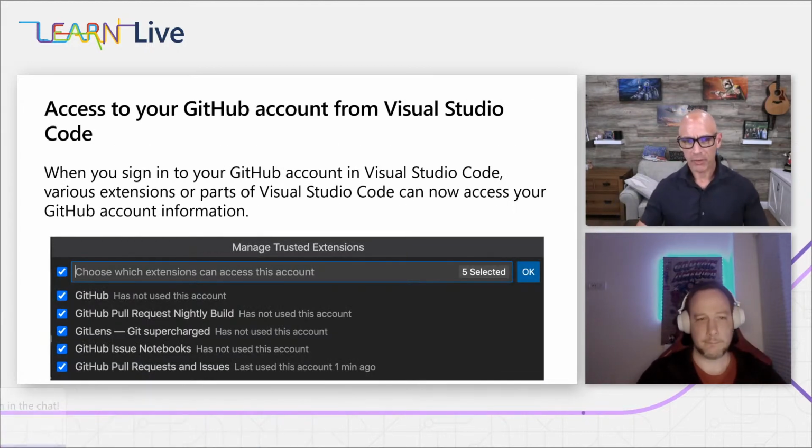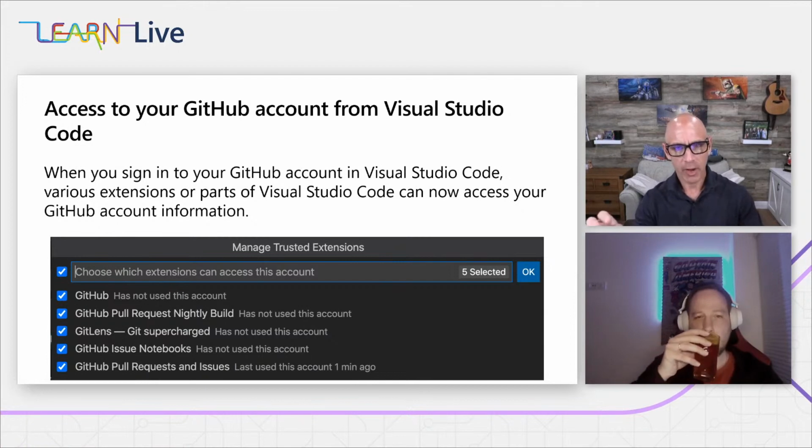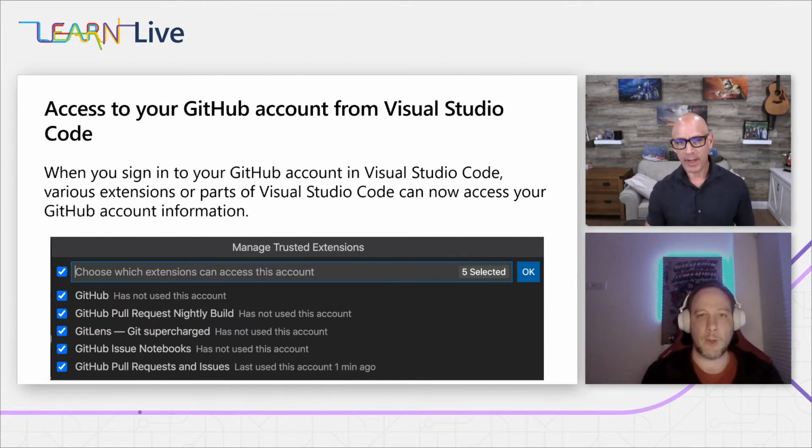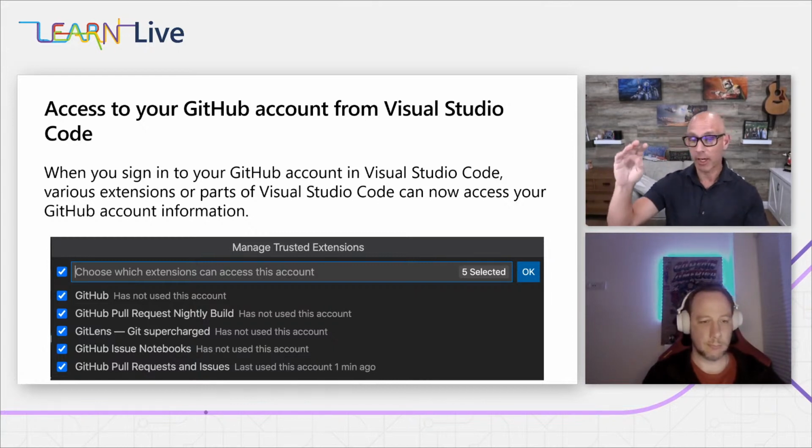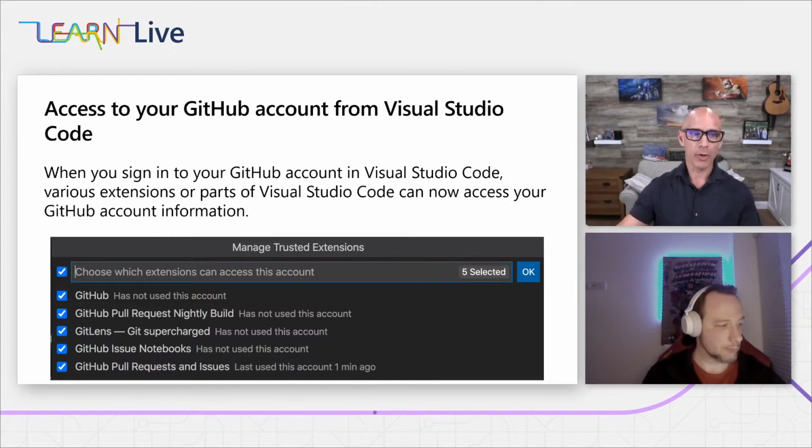One of the really powerful things we mentioned, Peter, about VS Code is how you can use all the extensions with VS Code. So what's cool about this is the product doesn't keep getting bigger and bigger and bigger. VS Code's actually very small and fast, but we can add in different extensions to augment what's happening. So what we're doing here is you can access GitHub through VS Code with a bunch of extensions. Now there's a feature in this, which we're going to show you in the demo in just a moment, where you set up which extensions are trusted.